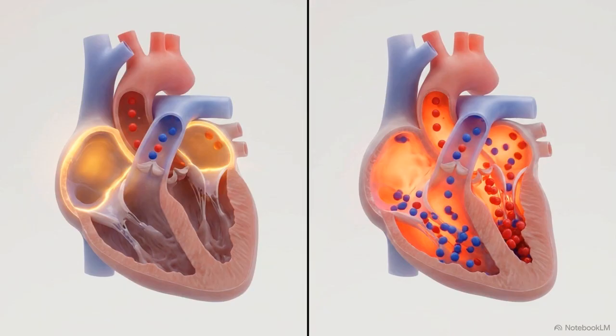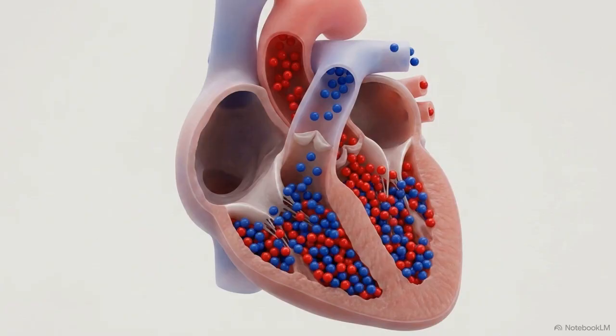Without this pause, the atria and ventricles would contract simultaneously. The chambers would fight for the same blood volume, collapsing the heart's overall pumping efficiency. The AV node's architecture enforces strict temporal separation of contraction, allowing fluid to fully clear the top chambers before the bottom chambers fire. Once the signal clears the AV node, it enters the bundle of His and shoots down the